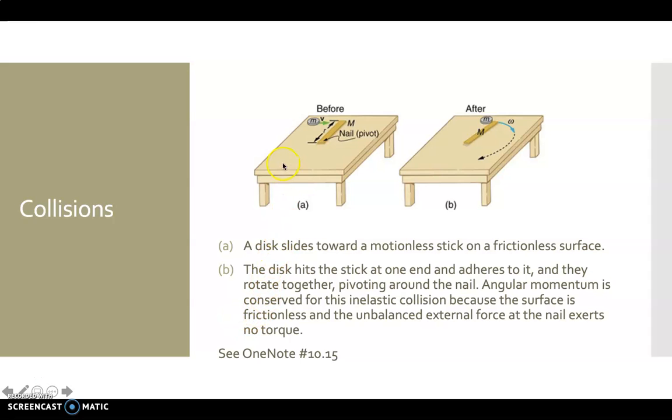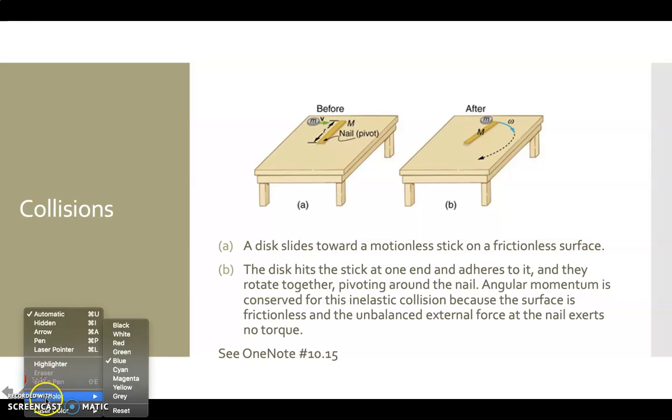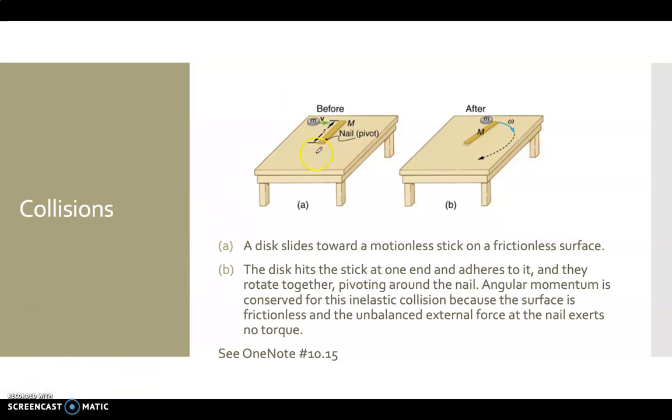All right, welcome back. We're gonna quickly go over collisions and then go over an example to look at that more in depth. So we have a picture here that shows us a collision, an angular collision, I should say, where there's some kind of angular velocity, any kind of angular motion involved. In part A, a disc slides towards a stick that's motionless